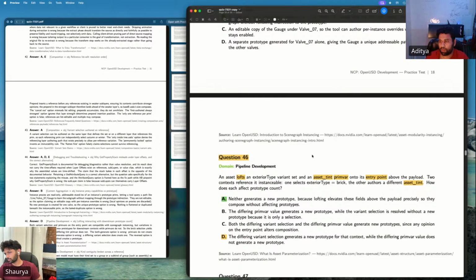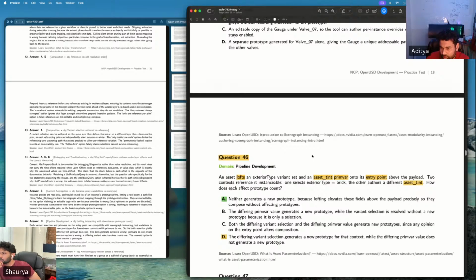Two contexts reference it, instanceable. One selects exterior type equal to brick, the other authors a different asset tint. How does each affect the prototype count?